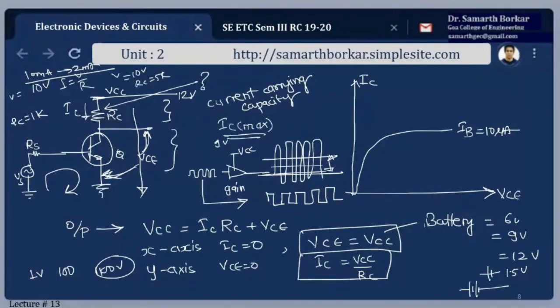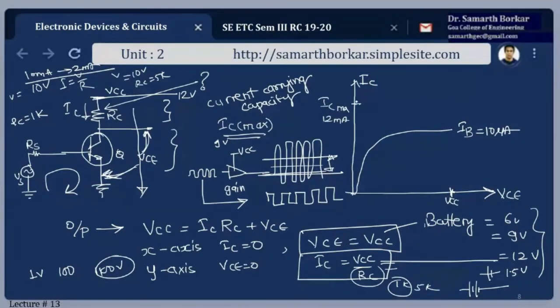So let us take this VCC is equal to 12 volt. So if I set IC equal to 0, the voltage VC will be 12 volt. I cannot get output voltage greater than VCC, remember. And what about IC? The value of IC depends upon the value of RC, because VCC, as I've said, is always a constant. RC can be 1K or 5K and so on. Now, if I take 12 volts as VCC and RC as 1K, then current will be 12 milliamperes. So I'm going to get this. IC max is 12 milliamperes.